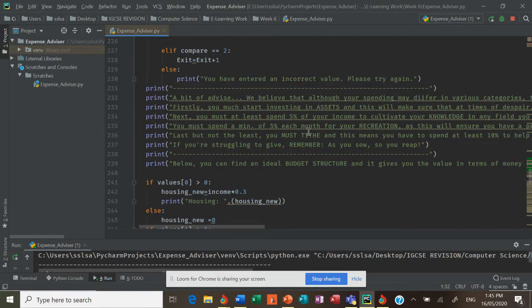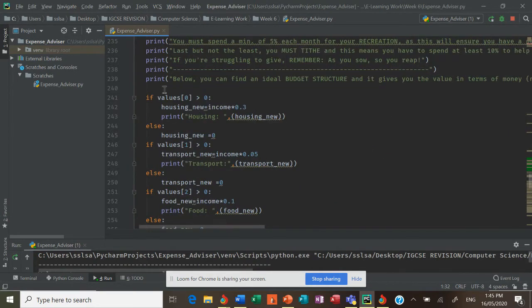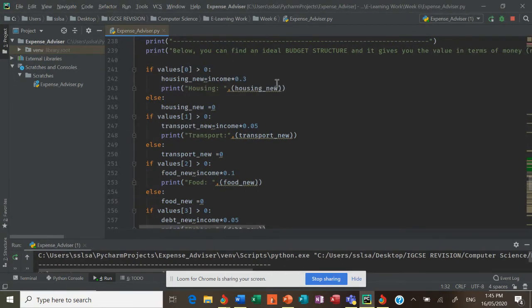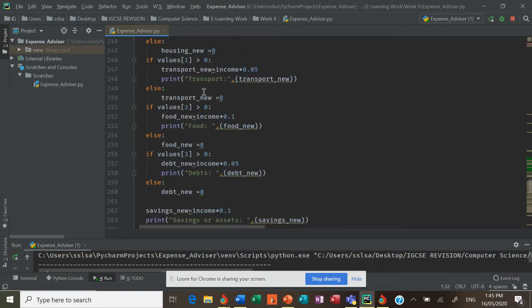Below, we're going to give them the budget structure. If the value is greater than 0, so if they actually have inputted a value for that, then they're going to get how much they should be spending, in terms of money. This is personalized. If their income is 20,000, then 20,000 times 0.3, which would be 30% of that income, should be spent for housing if they are spending for housing. Now this works for food,